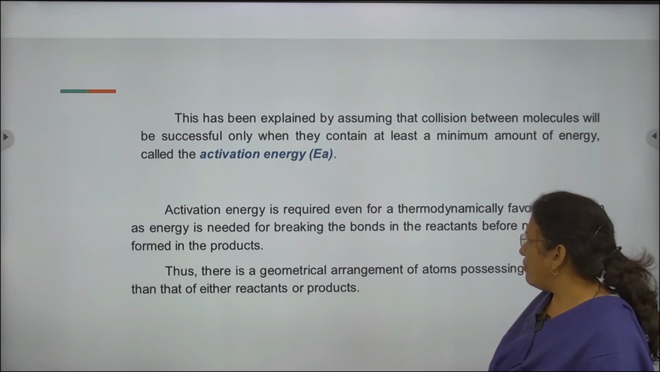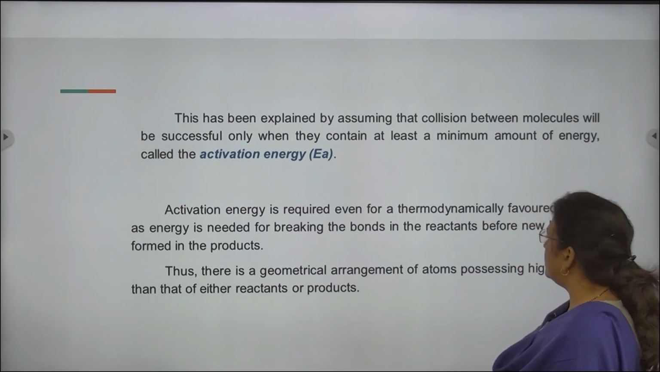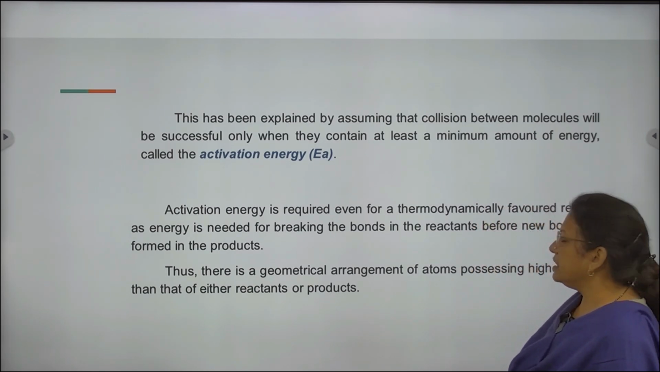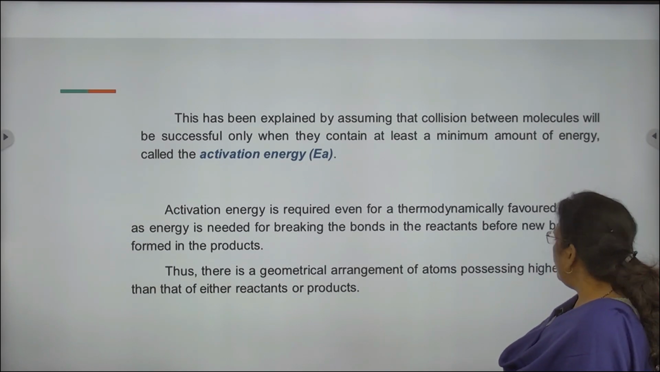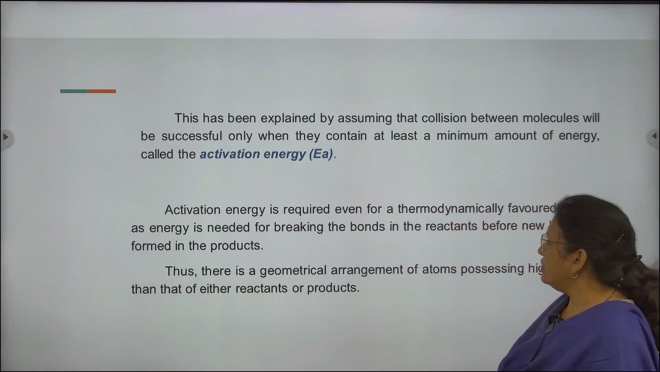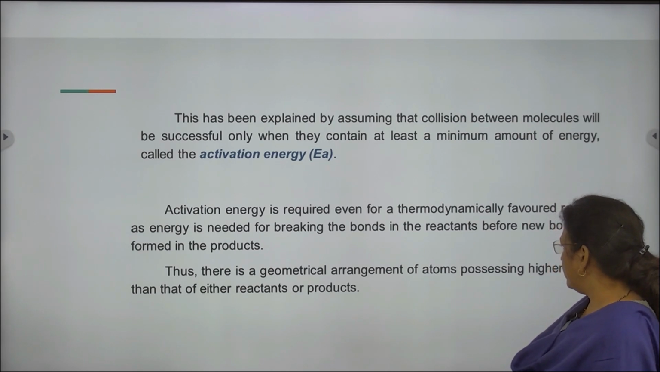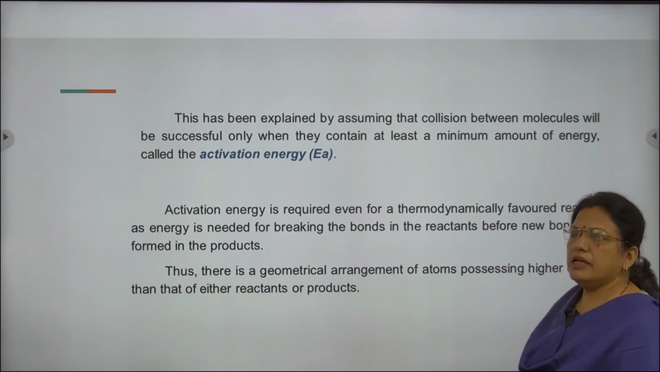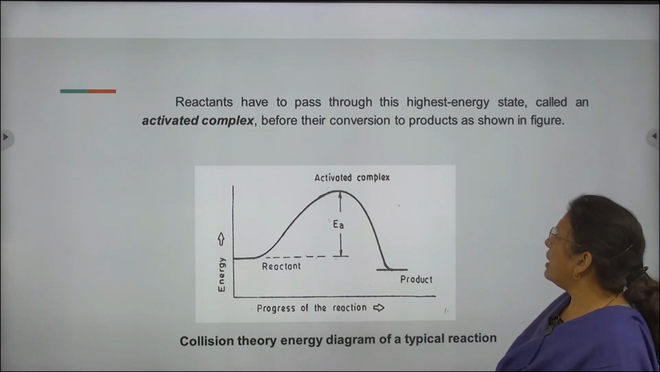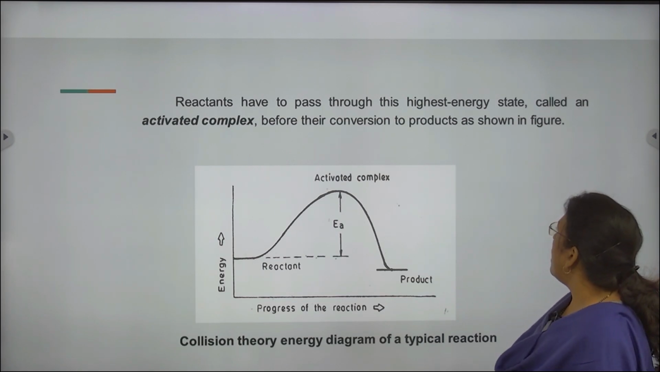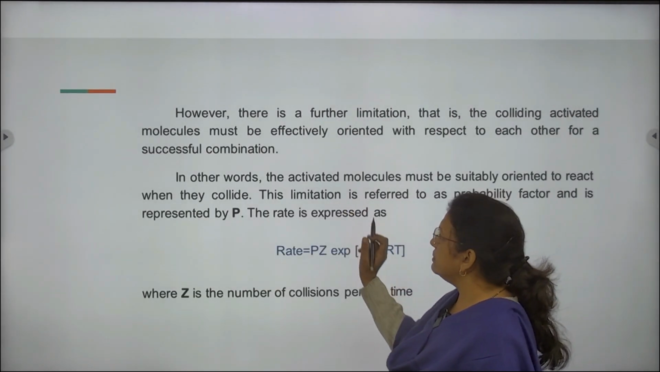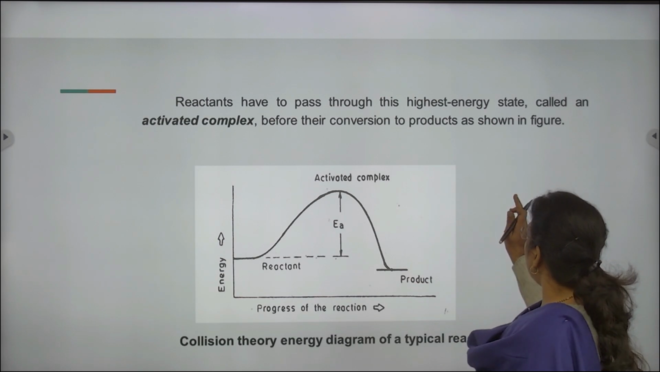Activation energy is required even for a thermodynamically favored reaction, as energy is needed for breaking the bonds in the reactants before new bonds are formed in the products. Thus, there is a geometrical arrangement of atoms possessing higher energy than that of either reactants or products. Reactants have to pass through this highest energy state, called an activated complex, before their conversion to products, as shown